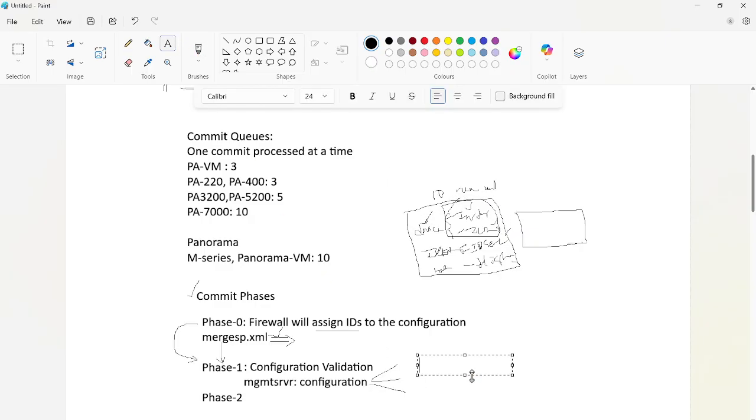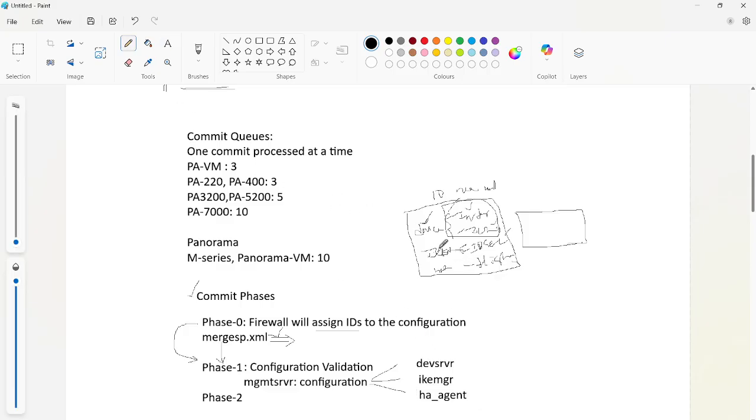If it is IPsec related, it will move those changes to the IKEMGR process. This IKEMGR process is responsible for that, okay. And if it is HA, there is an HA agent, which is the process that takes care of the HA configuration, okay. So the configuration is pushed to the respective daemons.